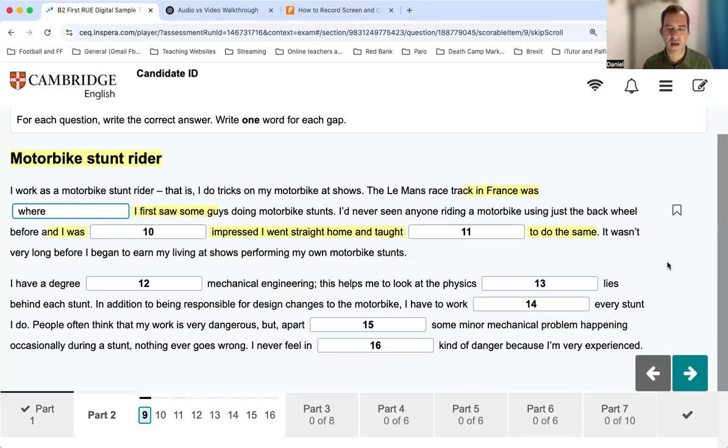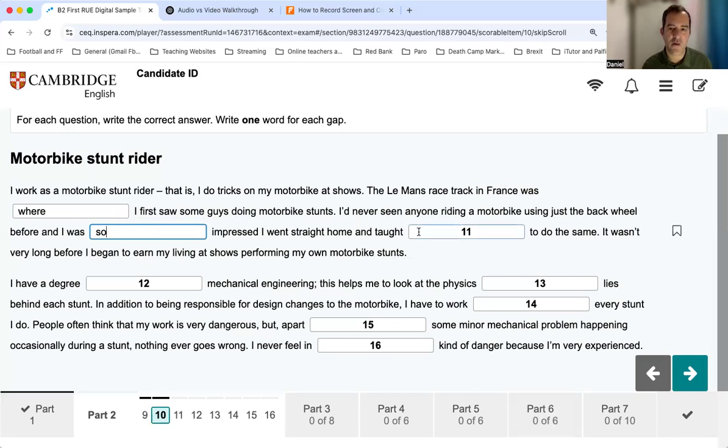I'd never seen anyone riding a motorbike using just the back wheel, and I was impressed. So it's like some kind of modifier. I was very impressed, but I went straight home afterwards. I think the answer would be: I was so impressed